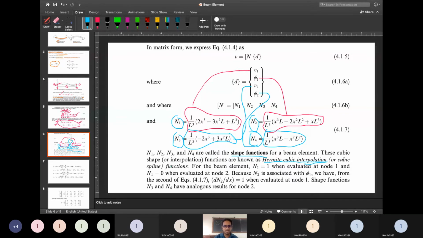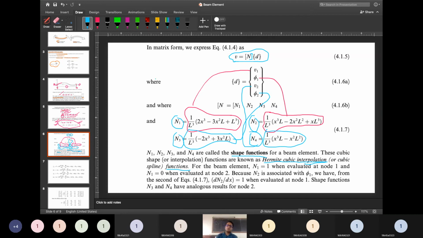So this is what will be asked in your examination, that derive Hermite cubic interpolation function. So this is what you have to derive, the value of N1, N2, N3 and N4. This is nothing but what we have calculated, B equals to, that we have written in the form of a matrix that we were doing in your unit number 1 and unit number 2. Same we have done here also.